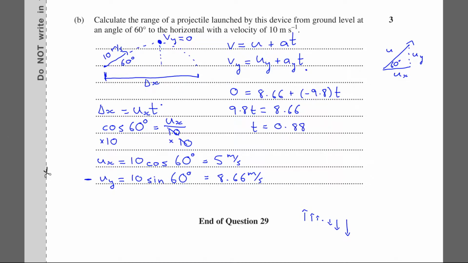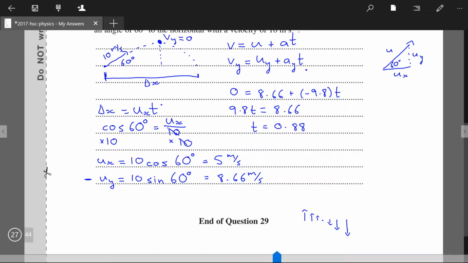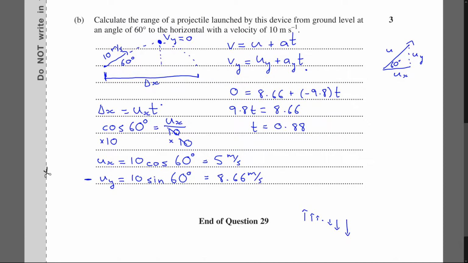And that approximately gives me t. So that gives me t to the halfway point. Now, in this equation, delta x equals uxt, this is the range at any time t. However, I want to know the full range of this projectile. I want to know the range for the full time of that path,